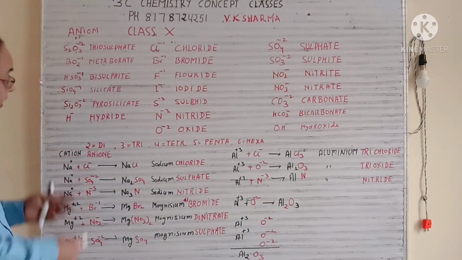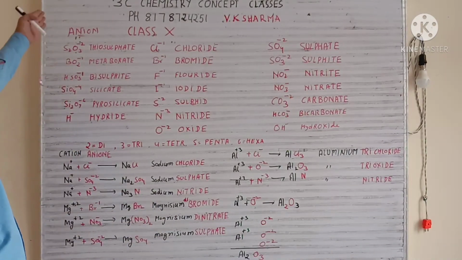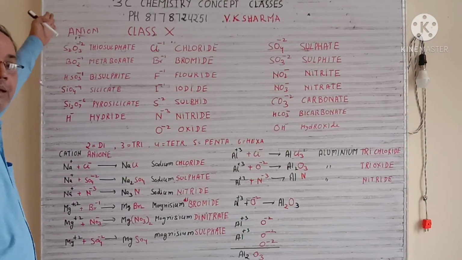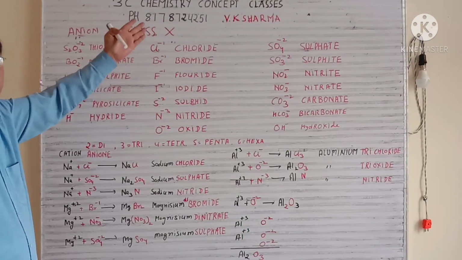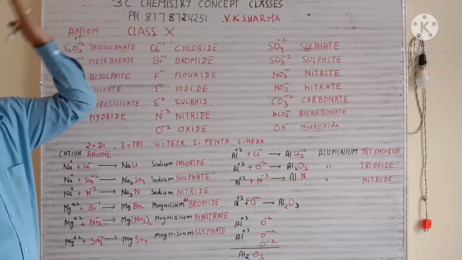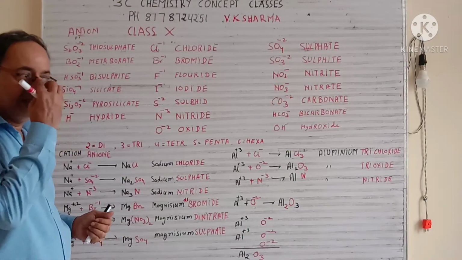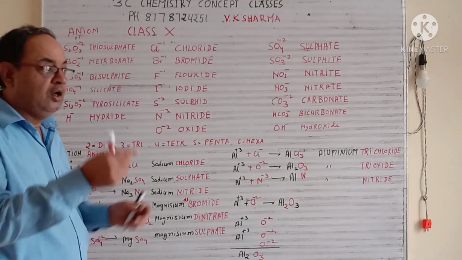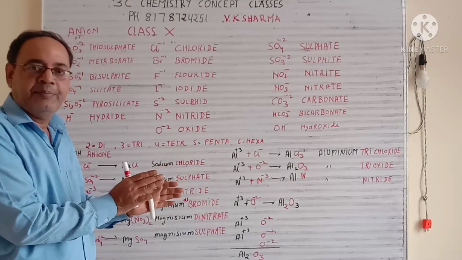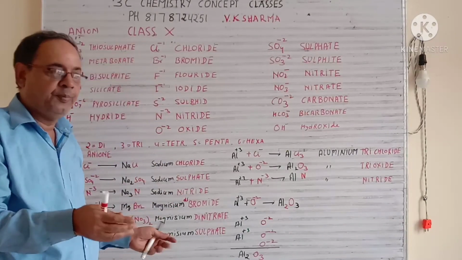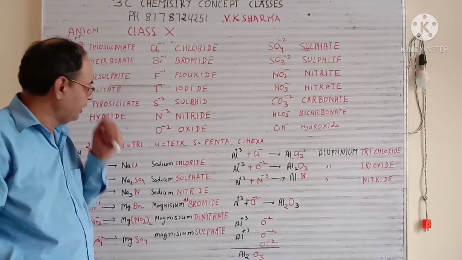So, this is the way you can proceed. Now, you can put Na with all, you can put Mg with all, you can put aluminum with all. You can take any positive valency and you can make various compounds. So, this is for your practice. Whatever your syllabus has, find only those cations, find those anions, and make a separate list. I am telling you the overall concept. So, make a list and try those questions.